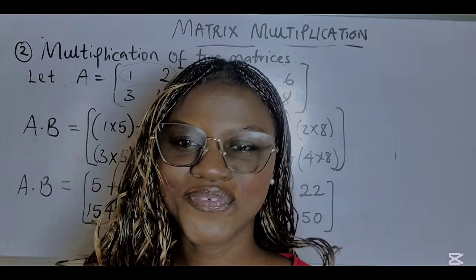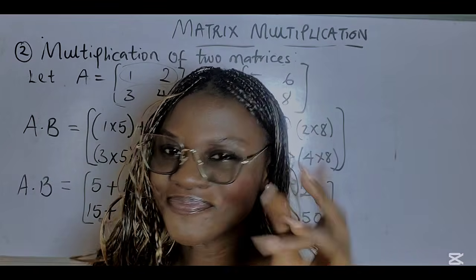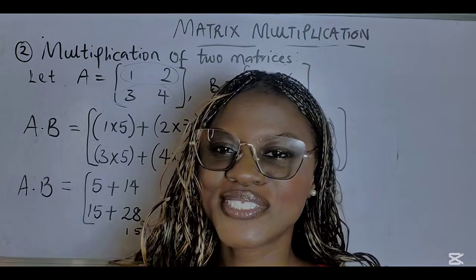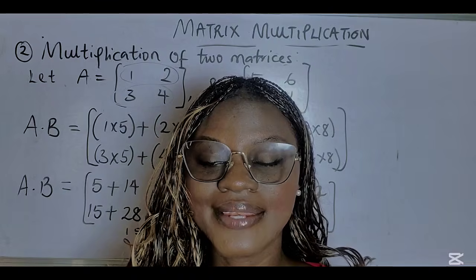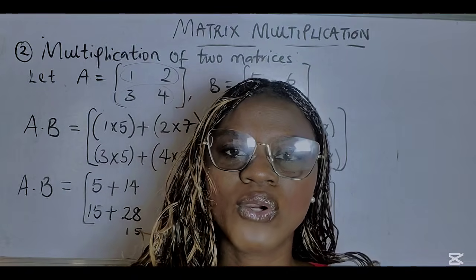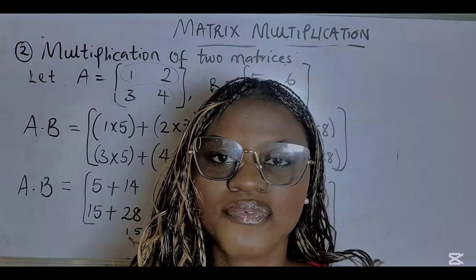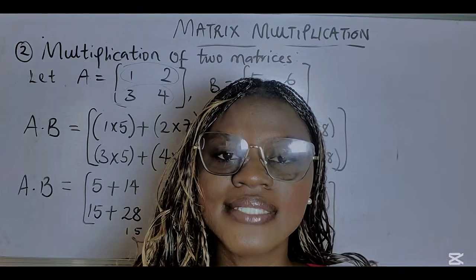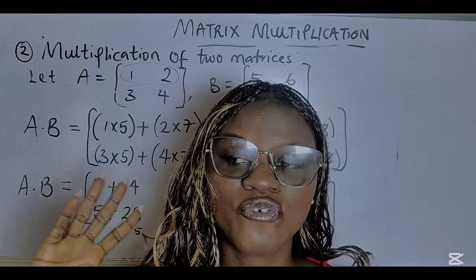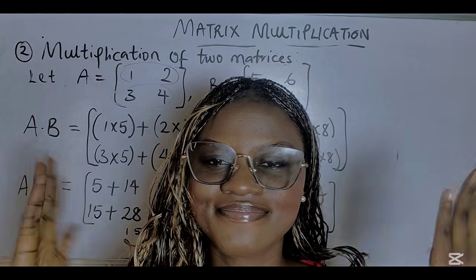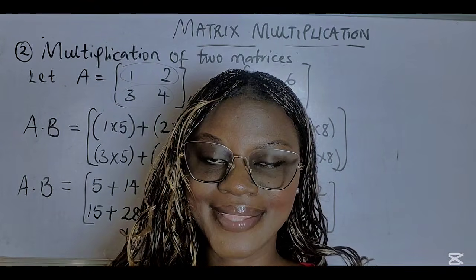So I know that as many of you that are still watching, you are experts when it comes to multiplying matrices. To have a little recap before I give you yours to do, we said that we have scalar multiplication, and multiplication of two matrices. Okay, so for your scalar, you just have a number. That's a scalar multiplying a matrix. It's just straightforward, yeah? Then for two matrices, the rule says the number of columns in the first matrix has to be the same or equal to the number of rows in the second matrix. And there we have it. Okay, so I'm going to give you yours to do now,